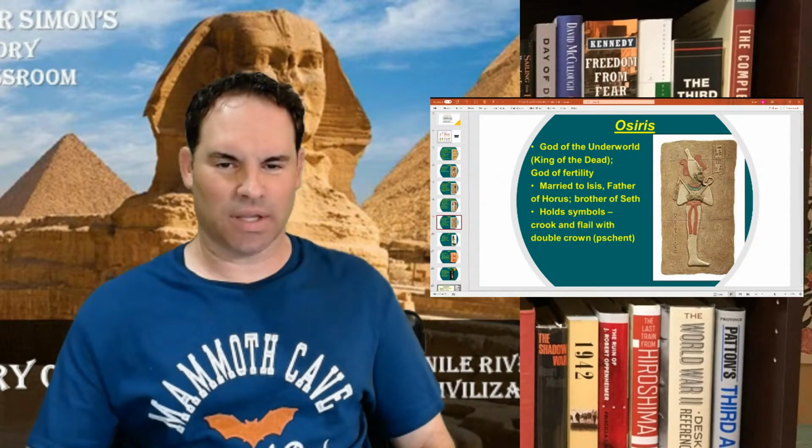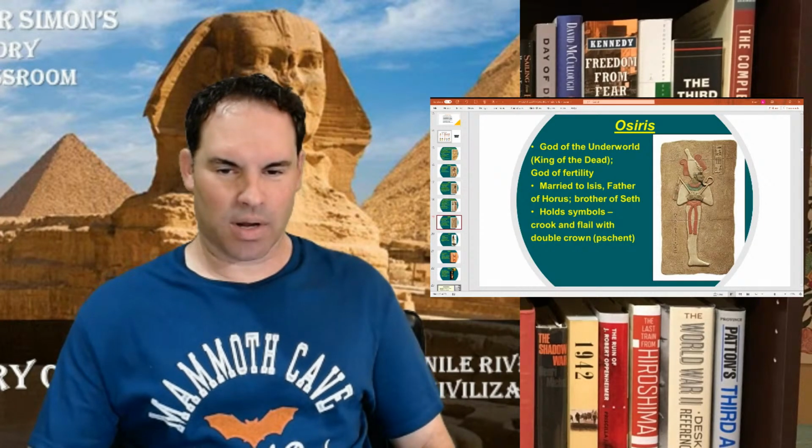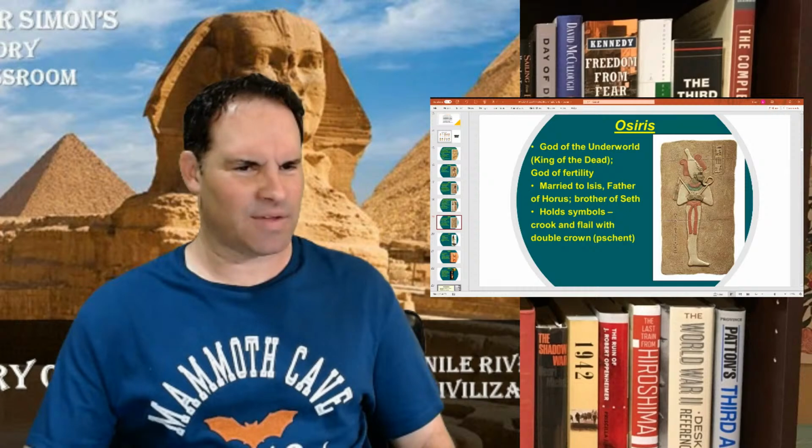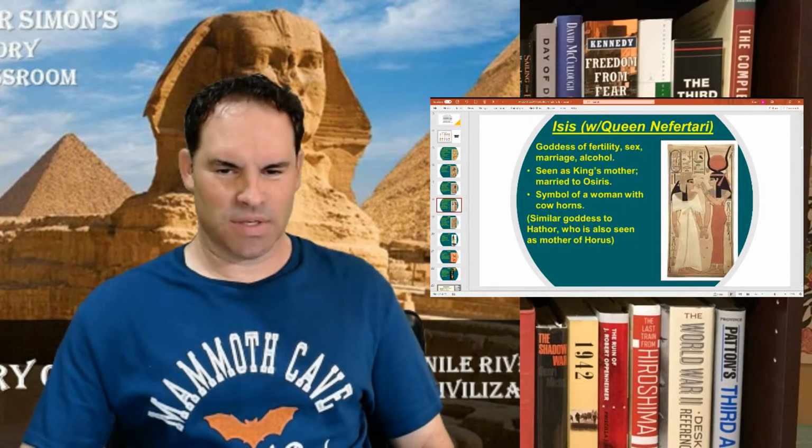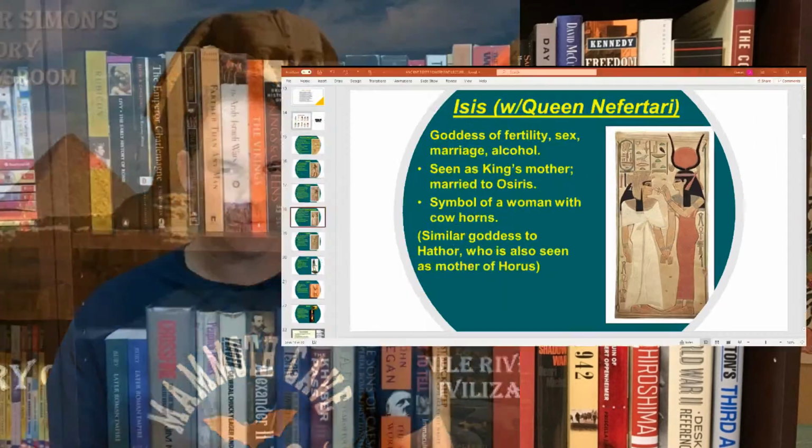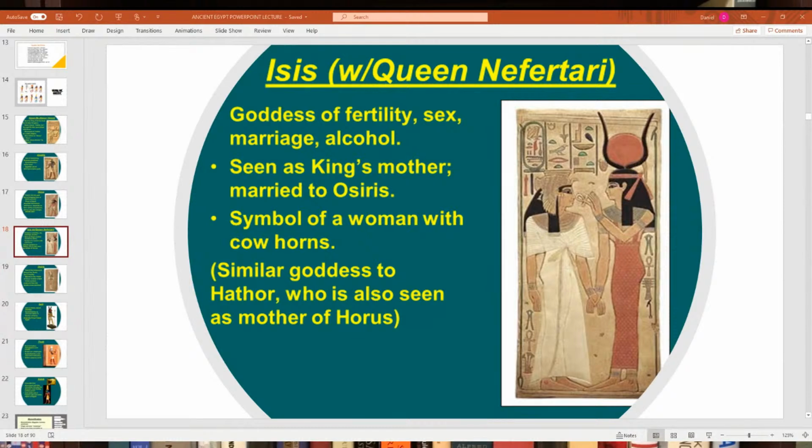Well, supposedly Isis recovered the body somehow. I think there's a story where supposedly the body flowed all the way to where Lebanon is. Isis was able to recover the body, bring it back, and she was going to mummify Osiris to prepare him for the afterlife. However, Set got wind of that, and so he took basically Osiris's body and cut him into